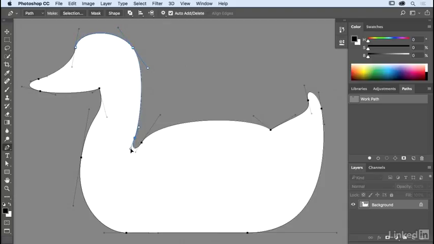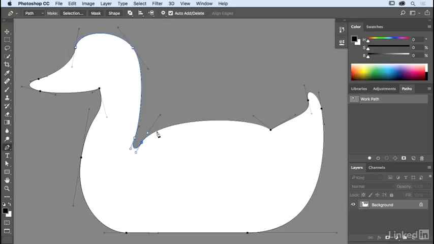So I think you'll start to see that the direction line that you click and drag sets the curve that you're going to draw next, whereas as you're dragging the direction line, it's the direction line behind the point that actually finishes off the previous curve. All right, I'm going to click right here and drag. This is the curve I want this way, so my back direction line looks good,